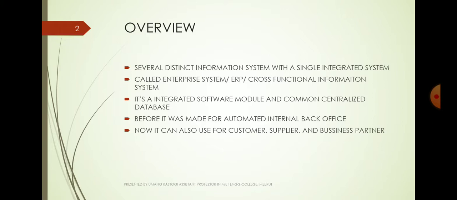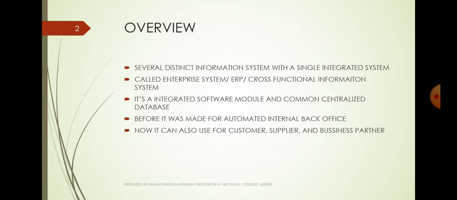Here, work that multiple computers would do can be done by one single computer, because that single computer will be integrated with the other computers also. Just take an example. There is one organization. In the organization, every department has its own computer and its own data. So every department stores the data on its own computers. If all computers are connected with one computer, that means all the data will be stored in a centralized format. That is called the ERP. ERP, or you can say cross-functional information system.